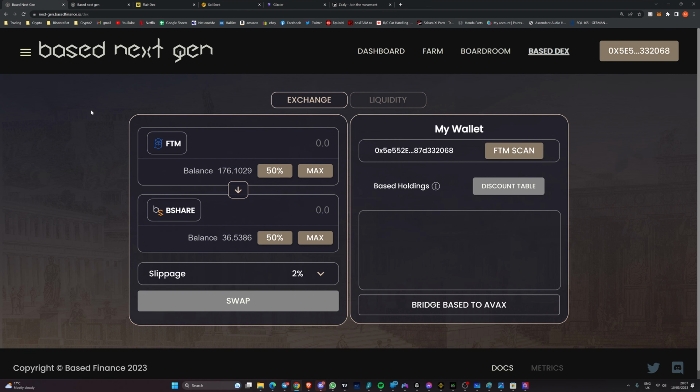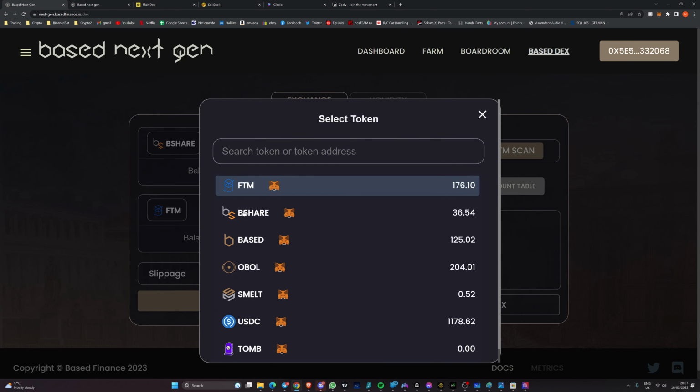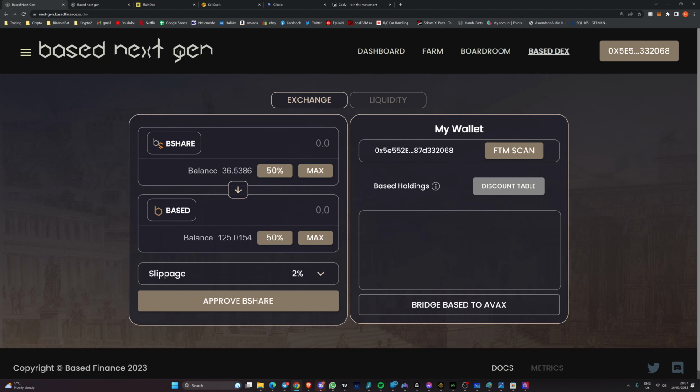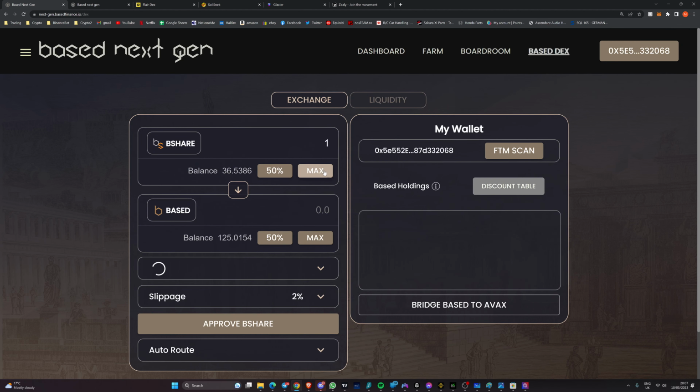Okay, so we are starting over here on the next gen base finance DEX. The link is down below in the description. I'm going to buy 250 based, and I'm going to do it with B-share. So I'm going to select the token up here that I want to swap, and then I'm going to select down here the token that I want to swap to. So I'm going to swap one B-share, and that's going to pay me